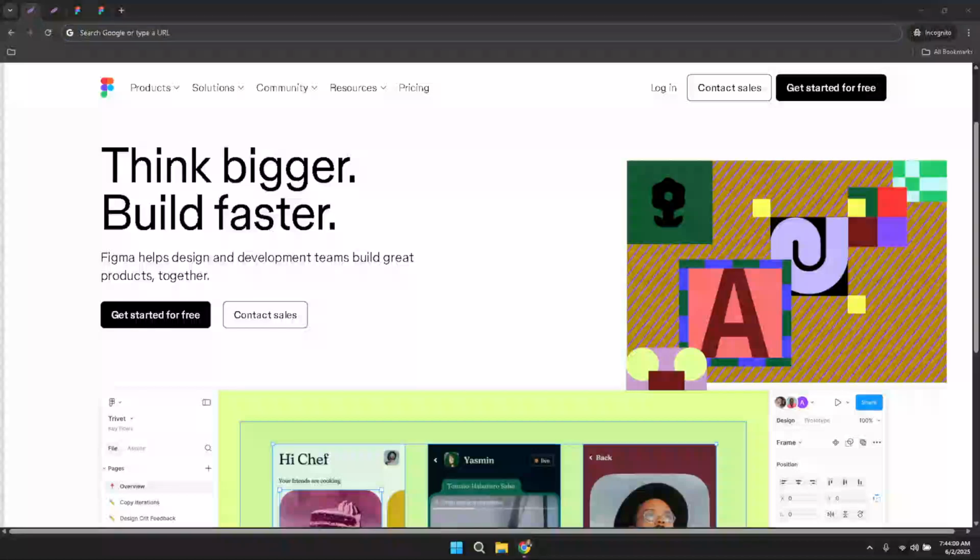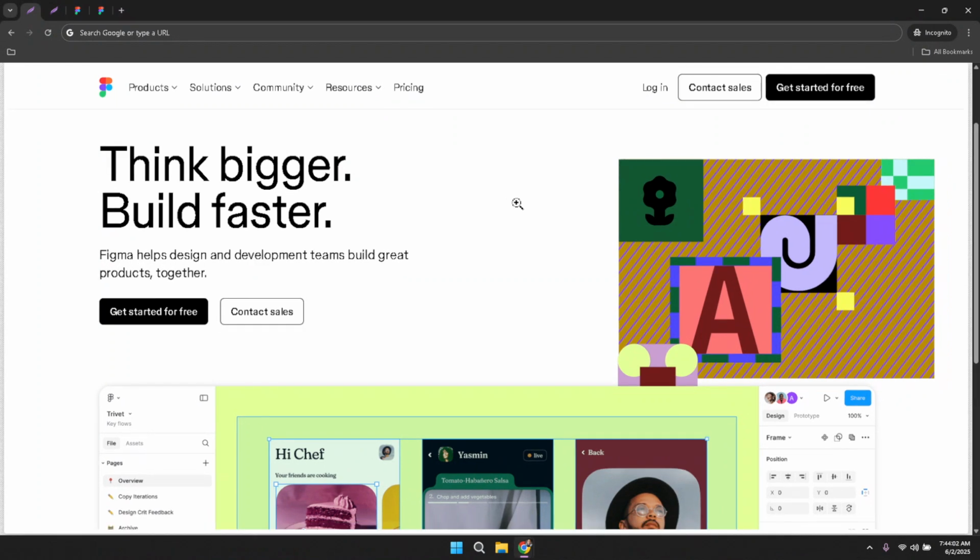Welcome to this detailed guide on undoing a component in Figma with ease. In this tutorial, we will walk through each step clearly and slowly so that you can follow along without any